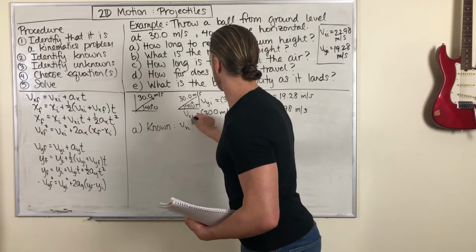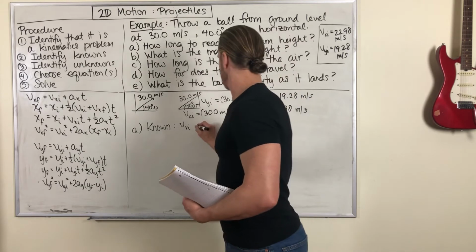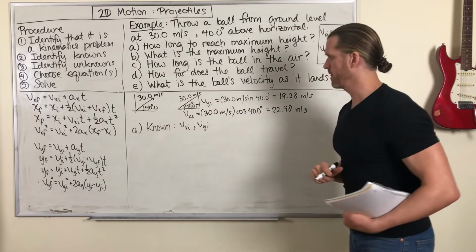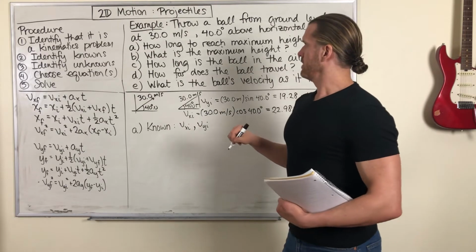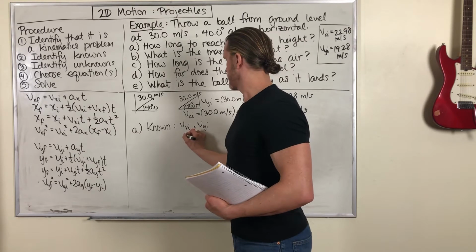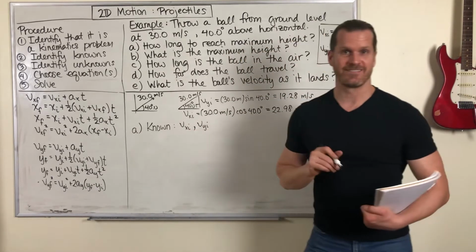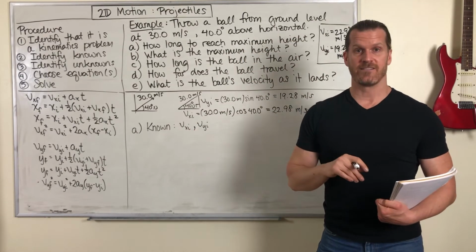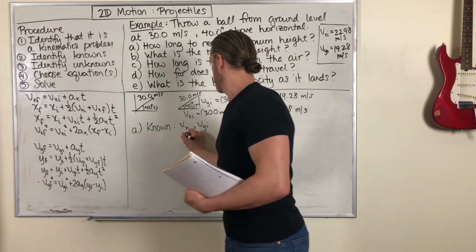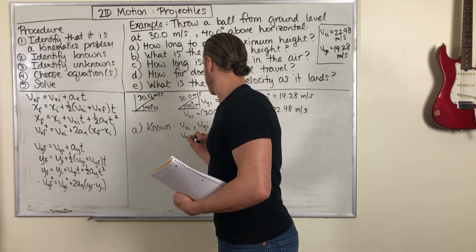I've got those values there, I don't need to write it down. We know Vy initial. We also know that at the maximum height, the y velocity is 0. So we'll say Vy final